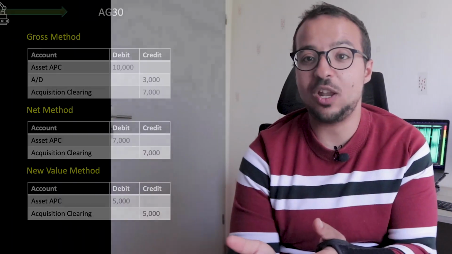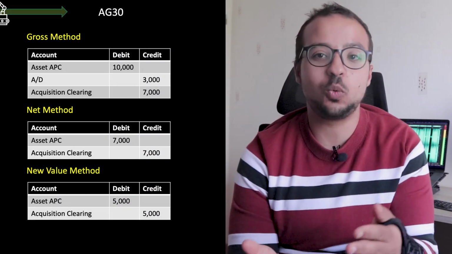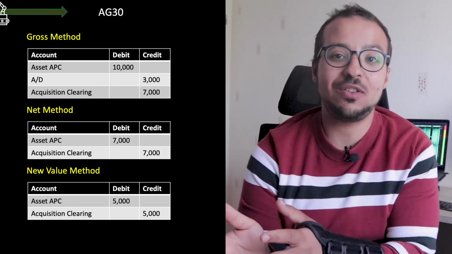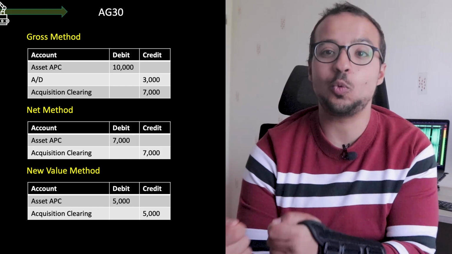We are just transferring the existing value. But if we want to reevaluate the asset based on the amount that we are paying to the sending company code, then we use the third method, the new value method. In the new value method, we will ignore completely what was the value of the asset in the sending company code, and we will evaluate it in the receiving company code based on the amount that we paid for the